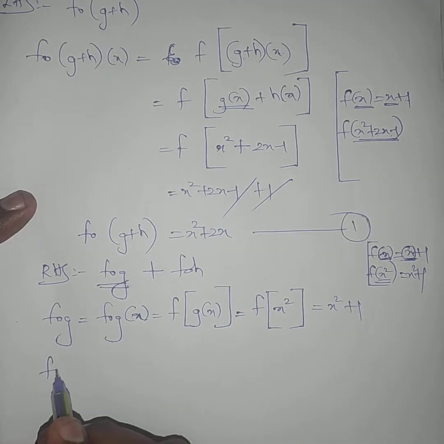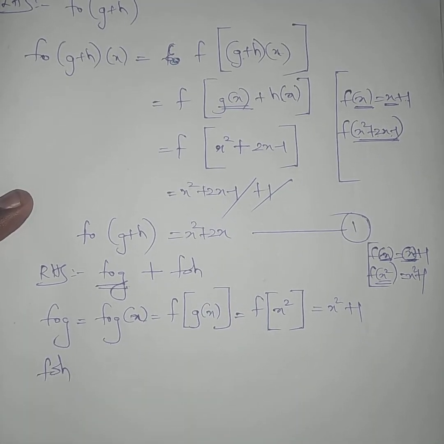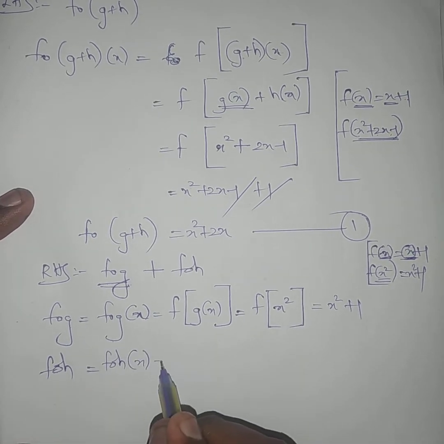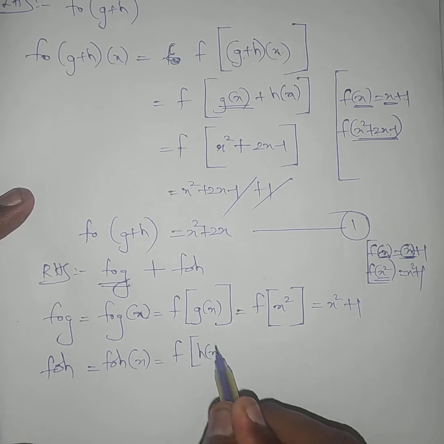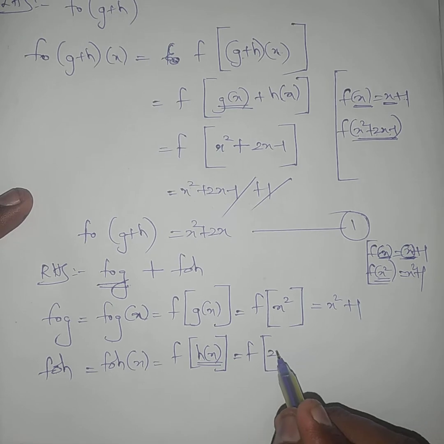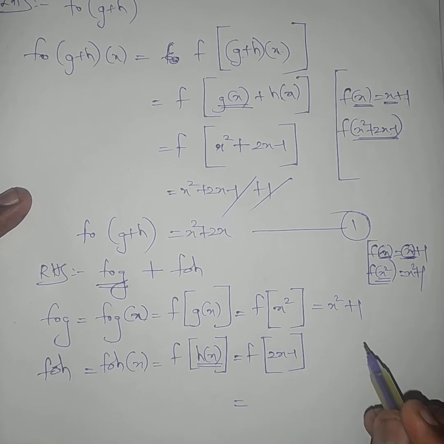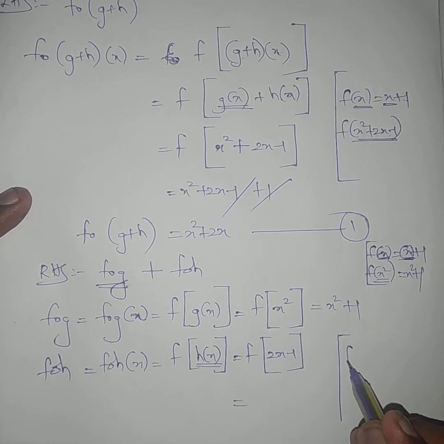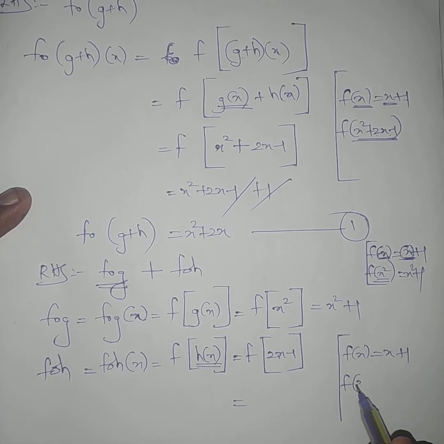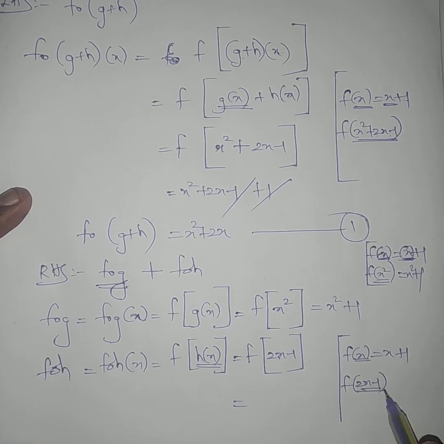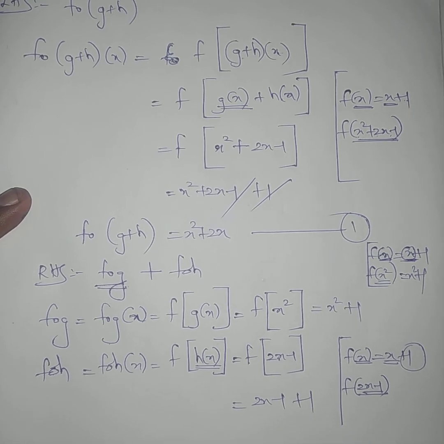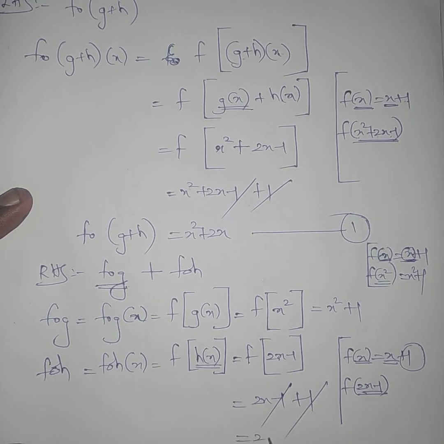Next, I am going to find F composite H. F composite H of X is F of H of X. F of, what is H of X? We have taken 2x minus 1. So we define F of X is equal to X plus 1. Now what do I want to find? F of 2x minus 1. In place of X, put 2x minus 1. What is present here? Plus 1. So minus 1 plus 1 gets cancelled. The answer is nothing but 2x.